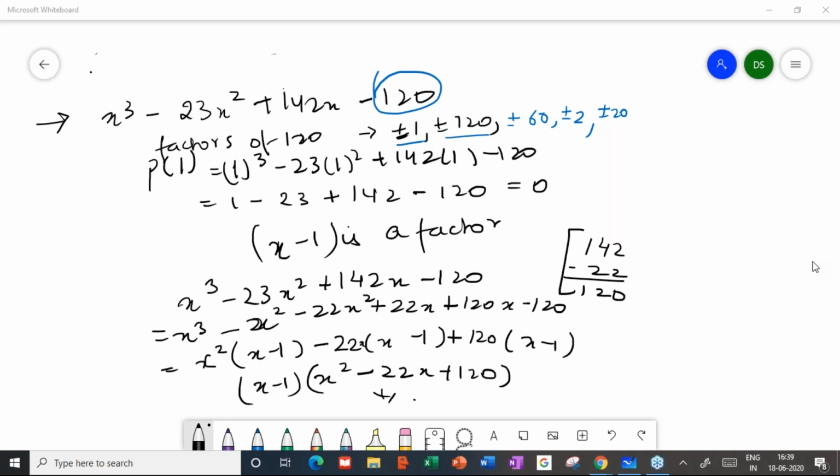And for the remaining bracket which I'm left with, you can do splitting the middle term for x square minus 22x plus 120, right? For this, you don't need to do trial and error method. Again, you can do that. Or what you can do actually is also, in this case,